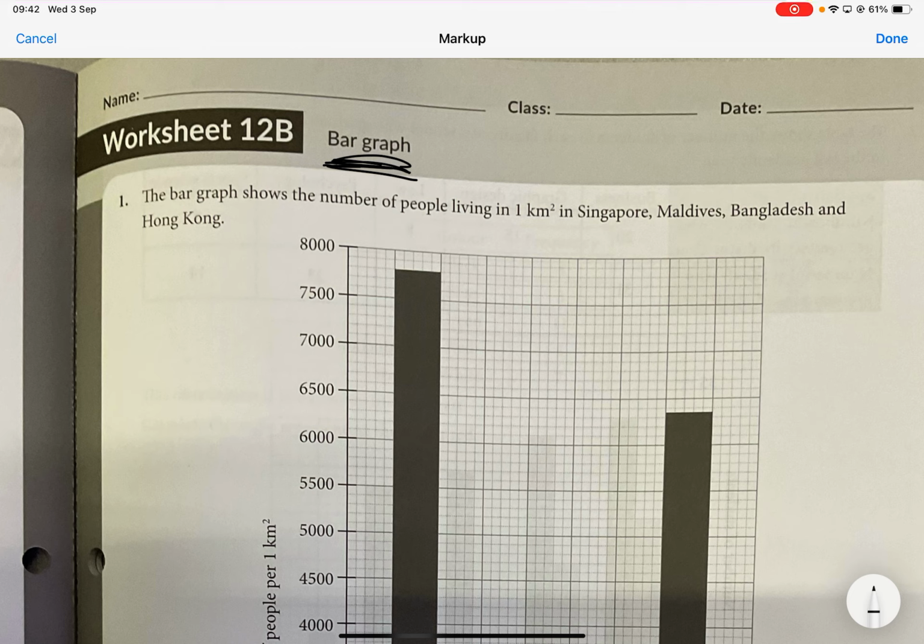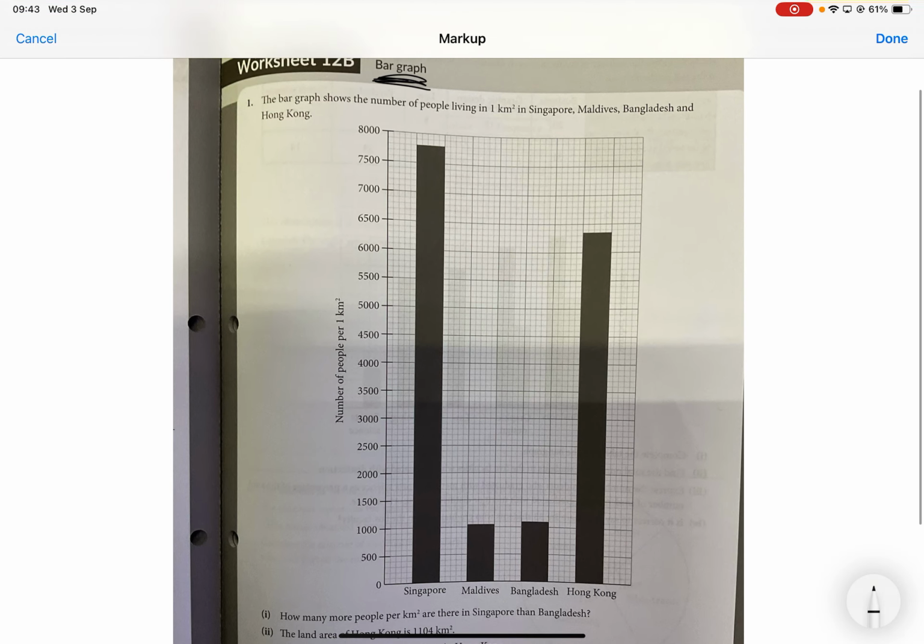When we are looking at this question, what is this graph talking about? This graph shows people living in 1 kilometer square in Singapore, Maldives, Bangladesh and Hong Kong. So they are comparing in every 1 kilometer square, how many people are living there? Okay, so Singapore, Maldives, Bangladesh and Hong Kong. Then when we look at this bar,